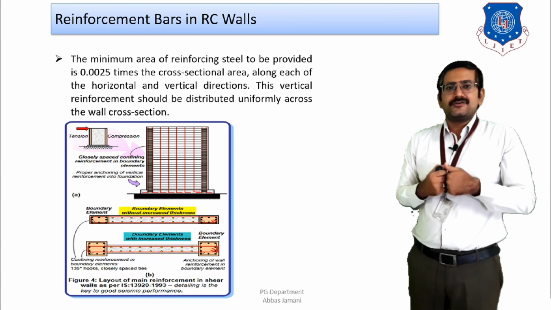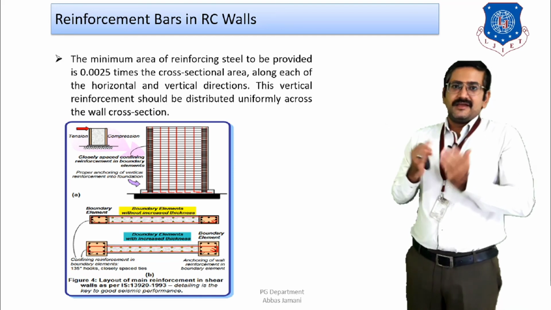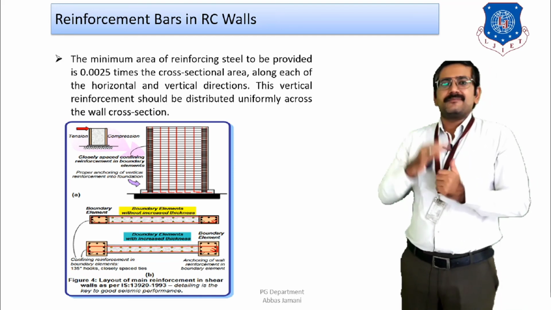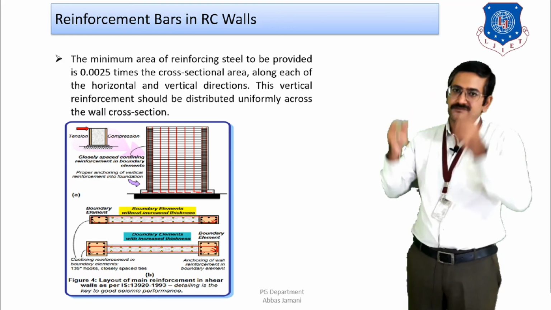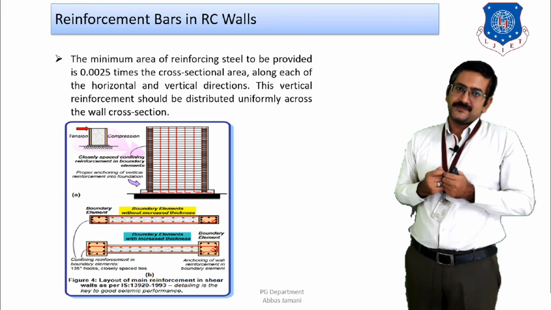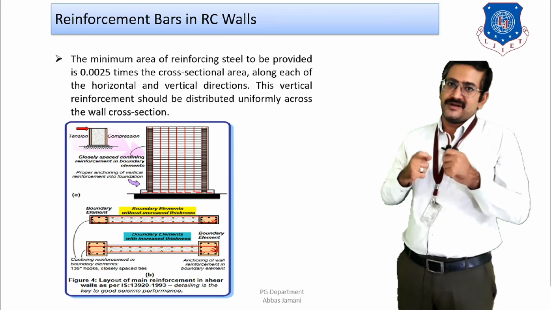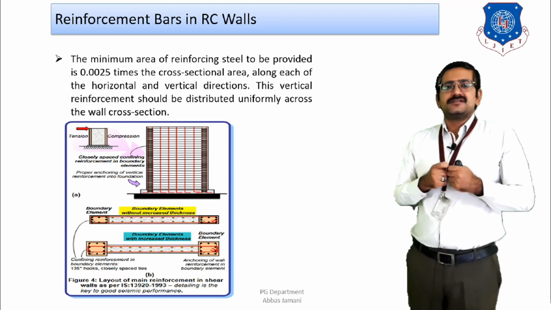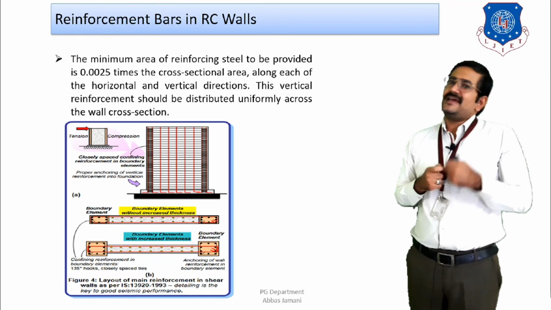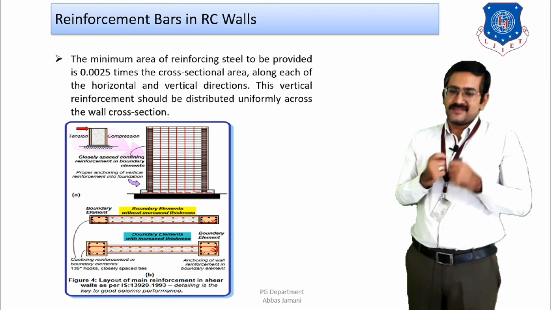Now, why this is done is because overturning is going to be there, so the tension and compression phase is going to keep on changing due to the reversal of stresses. As a result of that, the corners of the shear wall will be very stressed. So in order to reduce the stress, the code suggests the provision of boundary elements. And as we know, the pattern of IS 13920 is that whenever an element is going to be stressed, then special confinement reinforcement should be provided in that particular element.